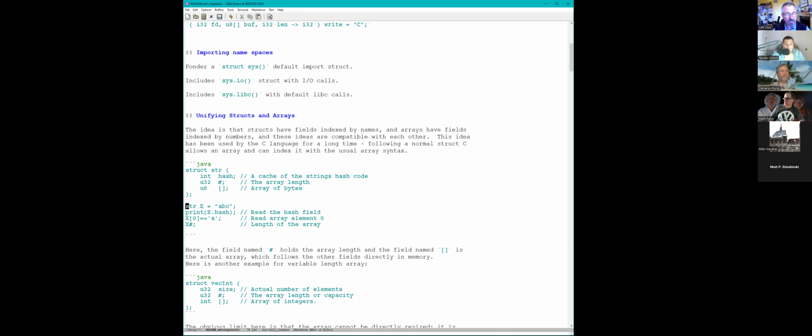Unifying structs and arrays is coming. The implementation internally has been using struct for arrays for a while. I tried to do some other fancy things to get my string ABC to go out with the least amount of effort, and figured I'd just expand it later, and that was not even worth it. So I unwound a bunch of stuff that I spent half the week on. And I'm back to having a struct and array, but now I can allow a constant array. So the array of bytes here has a summary field, and it has a precise contents field if you have a constant array.